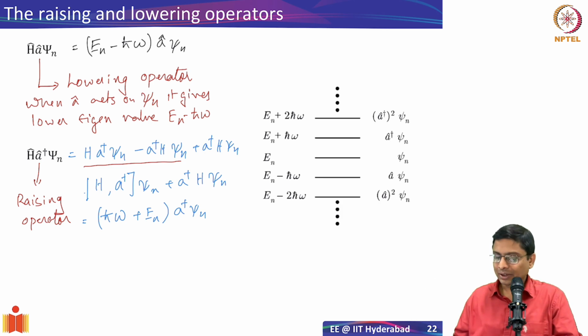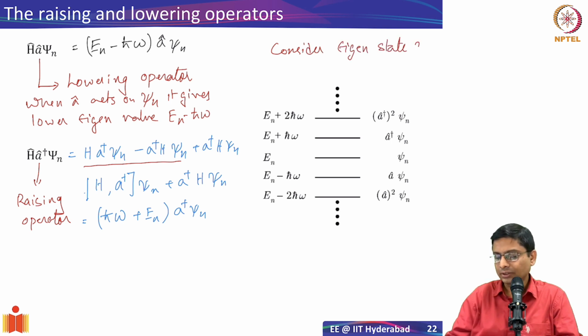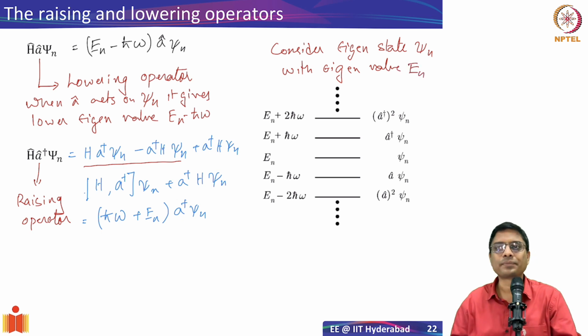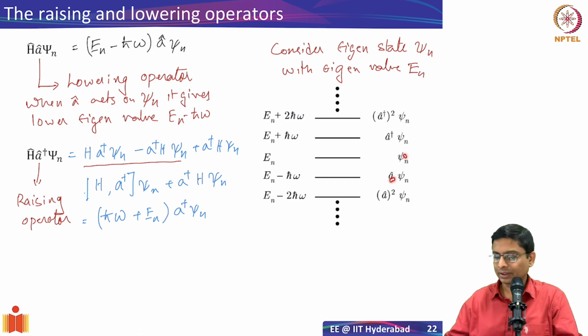Okay. So now what's happening is, let's consider an eigenstate psi n with eigenvalue En. Okay. So that's what I'm considering here in the center. En is the eigenvalue of psi n. Now if I operate A on that, the lowering operator, the eigenfunction comes lower, and then you get the eigenvalue En